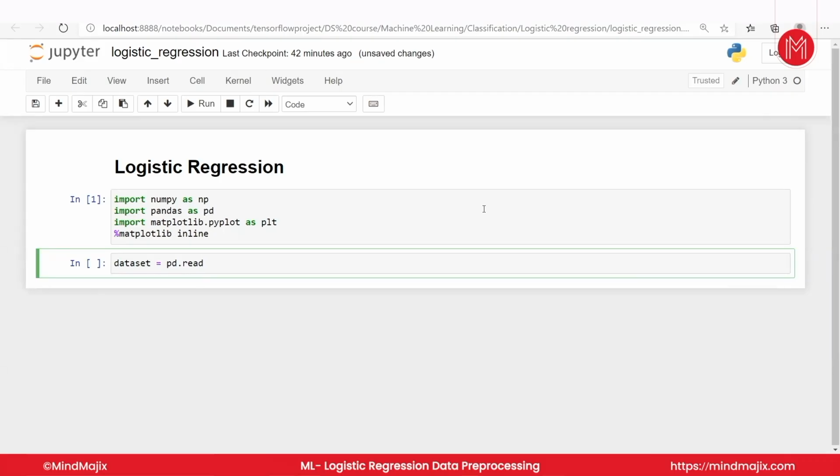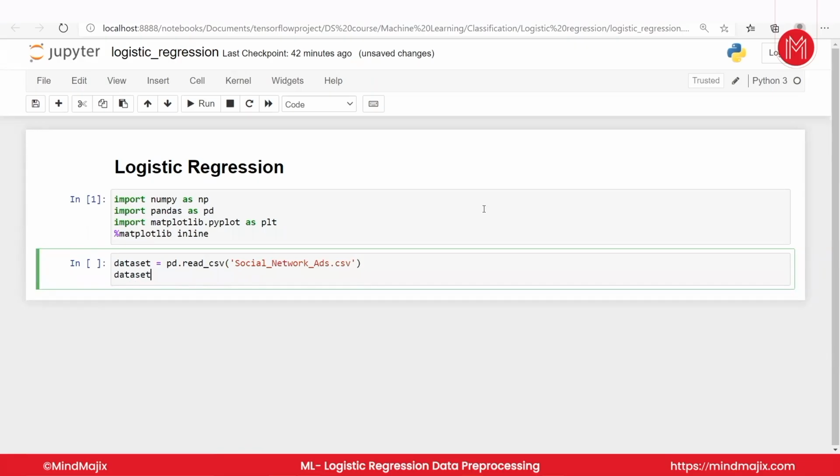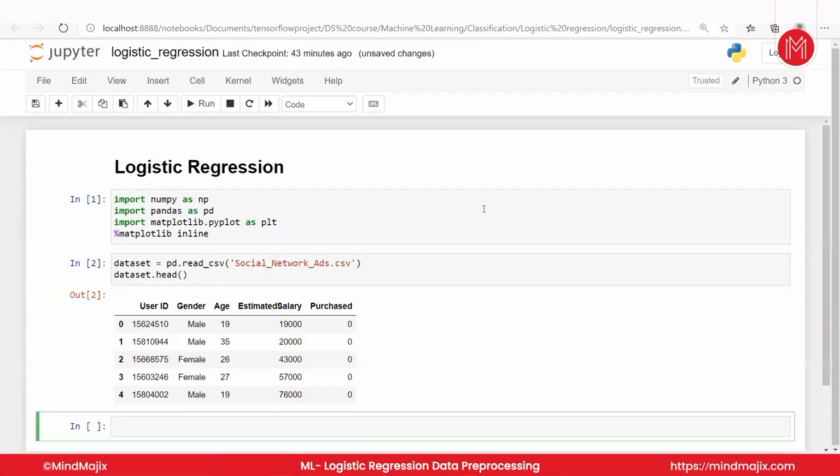So we have to solve the binary classification. Let's use pd.read_csv because the dataset is available in the form of a CSV. Here we have to provide the Social_Network_Ads, and then use the CSV extension. We can also see dataset.head(). So the top 5 samples of the dataset we are getting over here: user ID, gender, age, estimated salary, and the purchased